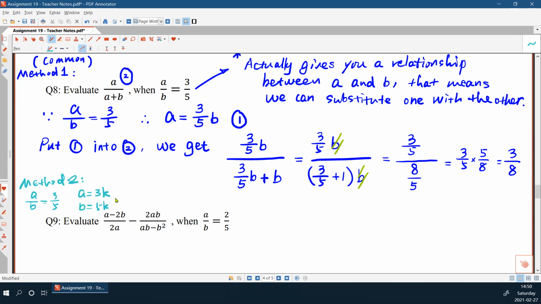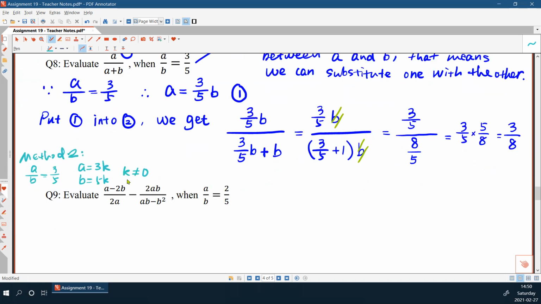A is not necessarily 3 and B is not necessarily 5, but A can be substituted with 3 times something, and B with 5 times something, as long as k is not 0. Because if k is 0, A over B is not 3 over 5. So 2 becomes